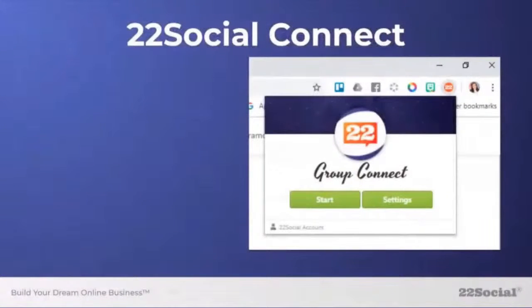But one of the most popular features that people love about us is if you are using a Facebook group to either a free membership or a paid membership, we make it really easy to know who should or shouldn't have access to this. And that's because we have a Chrome extension we call Group Connect that you can install. And if what's cool about it is once you hit start,